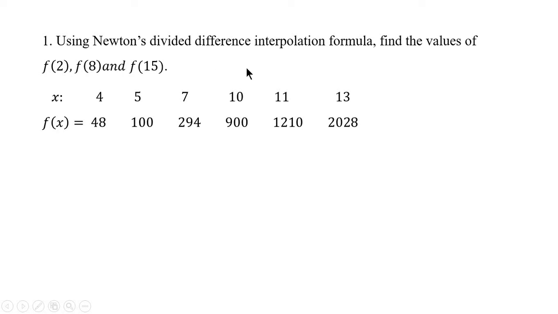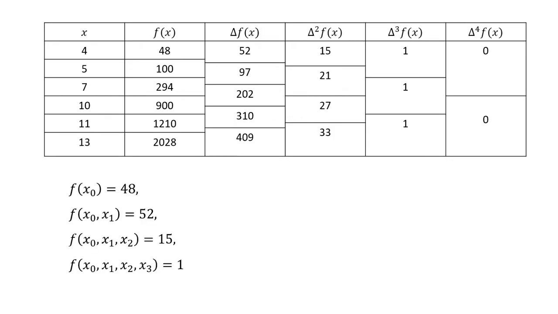First, let us construct the polynomial using the difference table. We have divided difference table because we know the values of x are not at equal intervals. Here the difference is 1, here the difference is 2, here the difference is 3. Therefore, the values of x are not at equal intervals, the differences are not same. That is the reason we have constructed the divided difference table, and therefore we are using Newton's divided interpolation formula.